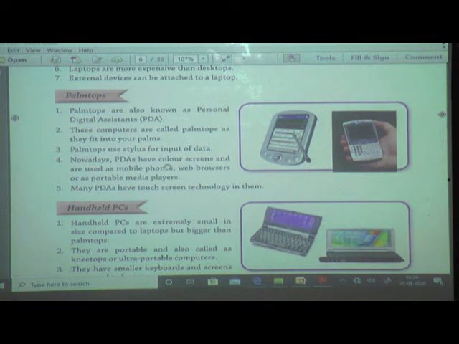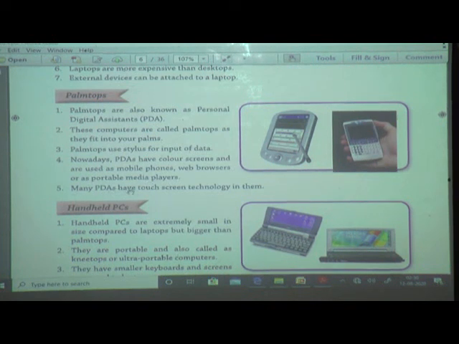Before, when we were using mobiles, they were also black and white. Mobile was just a keyboard mobile, but nowadays we have Android touch screen mobiles. Mobile was invented, and like that the palmtop was also invented. Firstly it was only black and white. Now we have a color screen on the palmtop. It has a web browser also, or works as a portable media player.